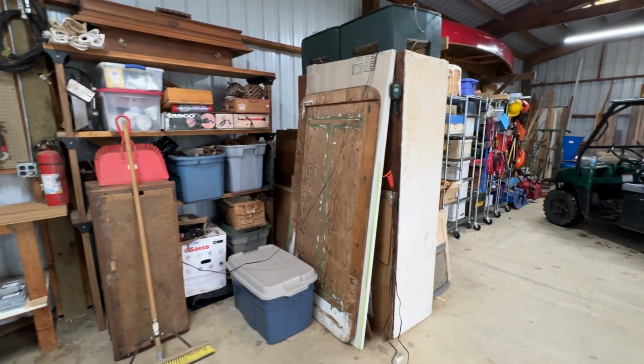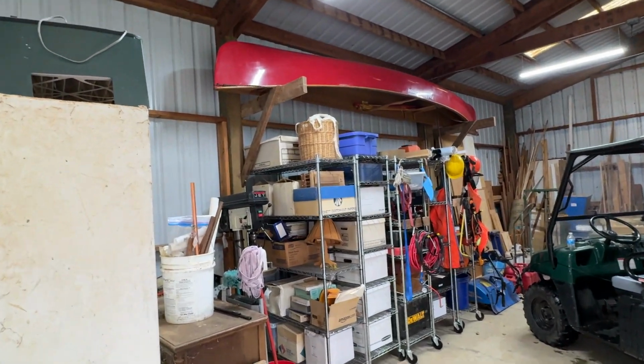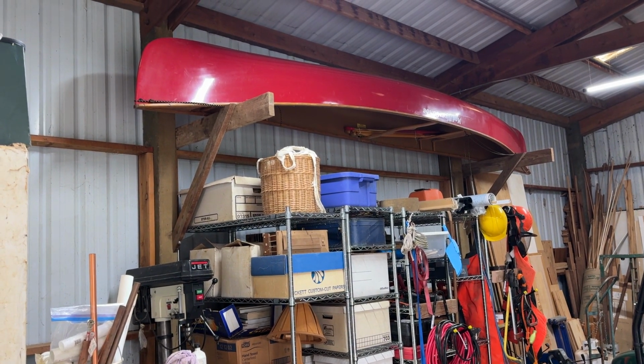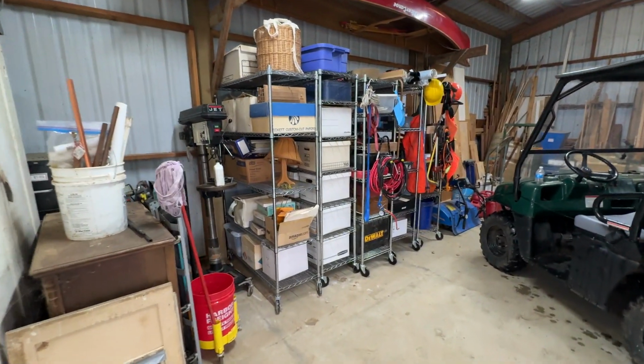That's pretty popular. We built a rack up in the rafters for the canoe, and that keeps it out of the wet and out of the way. That turned out pretty nicely. We've got the rack staged here. The first two racks